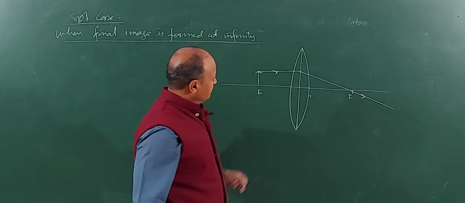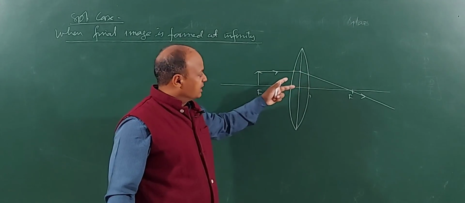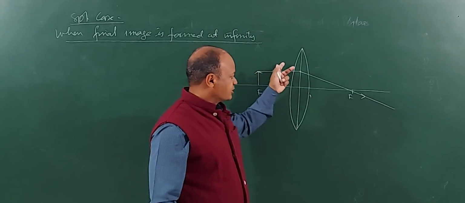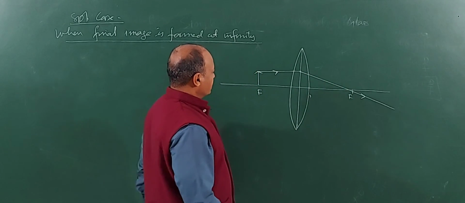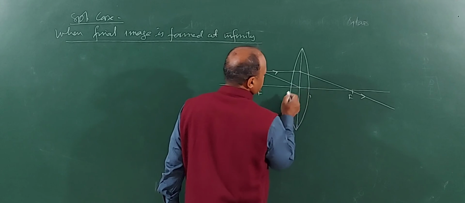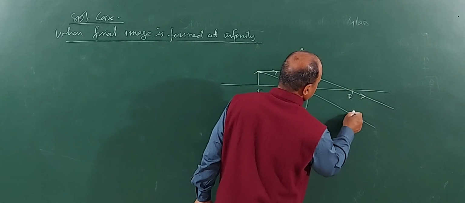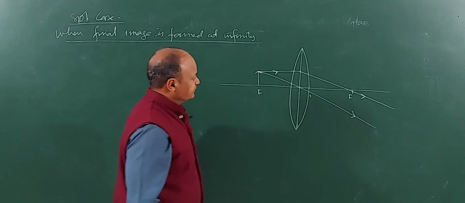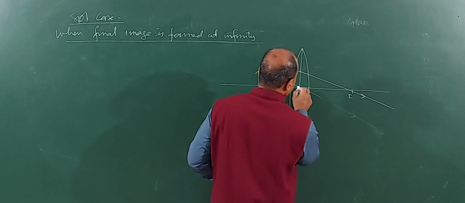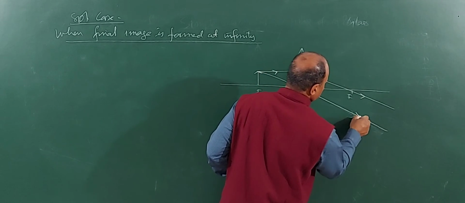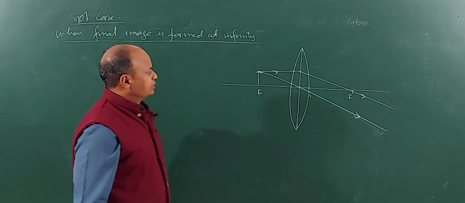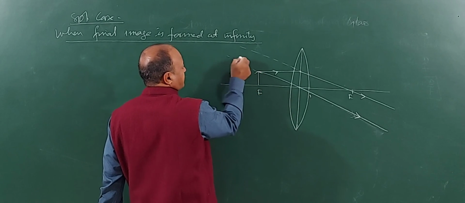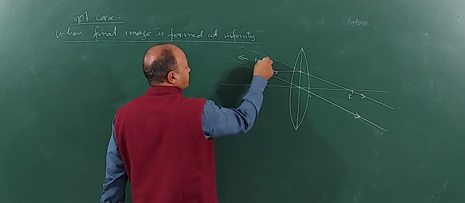We are taking two rays. One which is traveling parallel to the principal axis, after refraction will be passing through the focus. Now take another ray which is traveling to the optical center. Now this ray, children, will go straight. These two rays are emerging parallel to each other, and parallel rays meet at what? Infinity. They will not meet anywhere. So if you extend them backwards, then you can say they will meet at infinity.